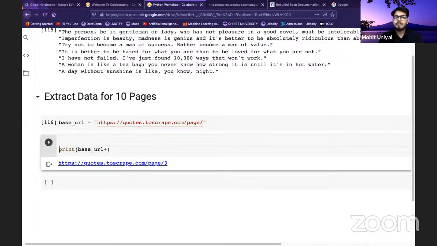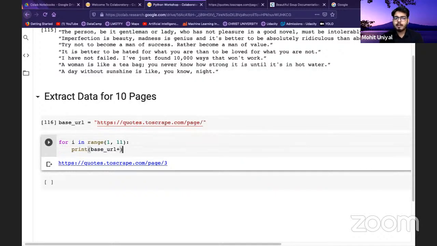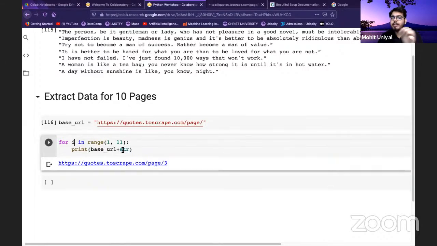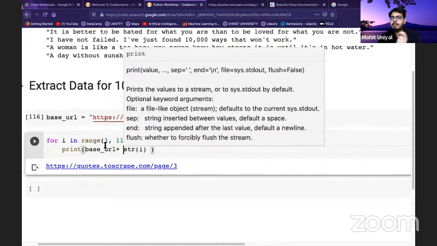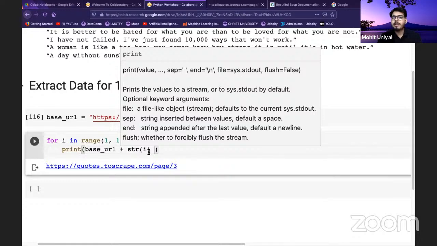You will iterate for i in range 1 to 11. Why are we putting 11? Because it will go till 10. It will not take 11, as everyone knows, right? And I will write str of i, since i is an integer, so I need to convert it to a string first. This is called type conversion. i was an integer value like 1, 2, 3, 4, 5, but I need to convert it to a string, no? So I'll write base URL plus str of i, and now